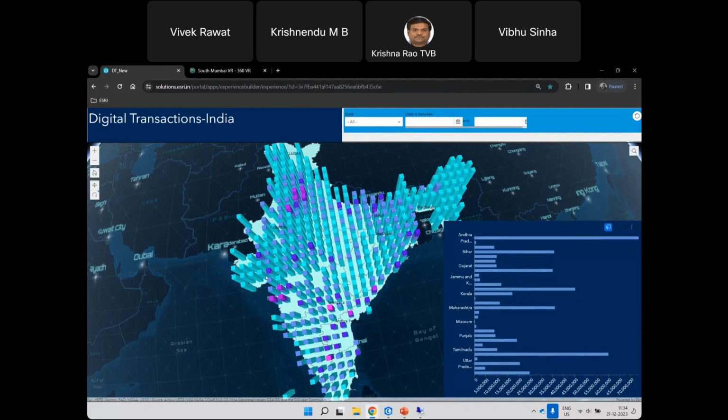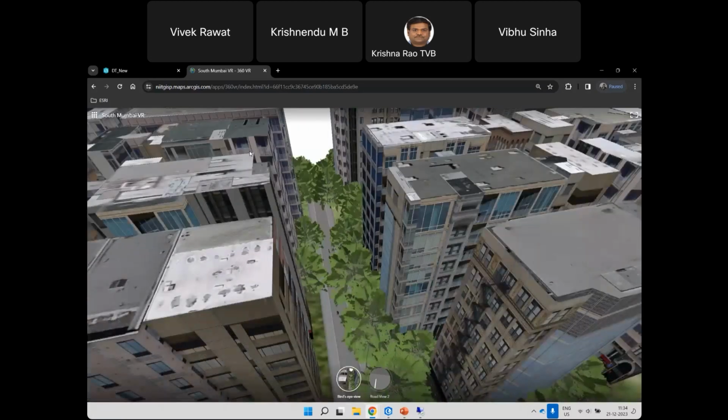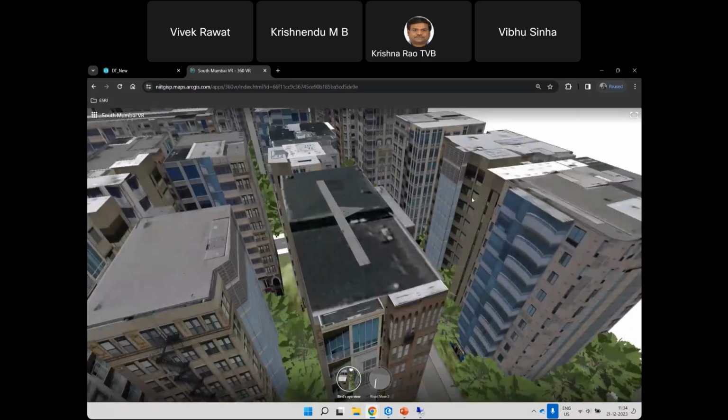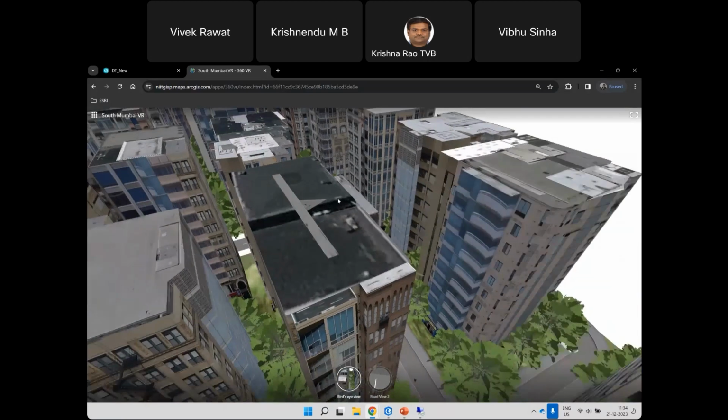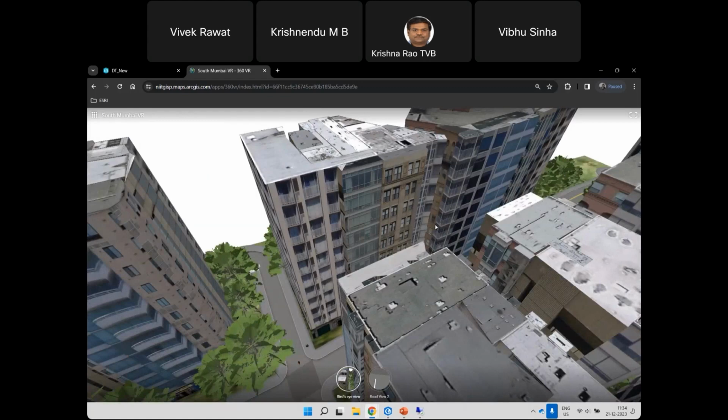So now let us see the 360 VR that we mentioned in City Engine, or we can actually convert any scene layer also into 360 VR. The 360 VR is going to help us get a virtual reality experience. This is a bird's eye view of an area of Mumbai, showing how it is going to look after 10 years to accommodate more offices, residential complexes and